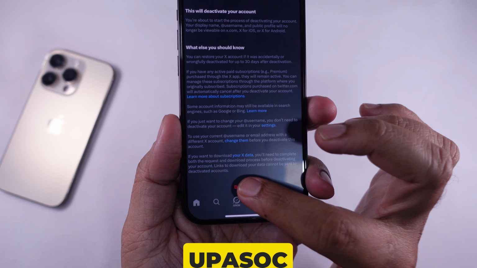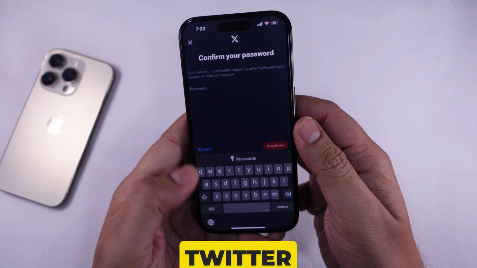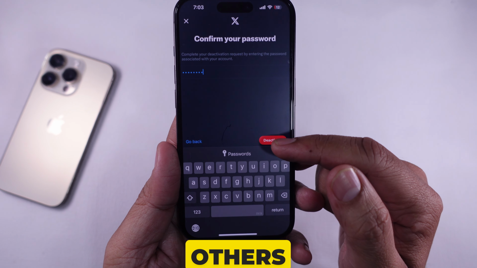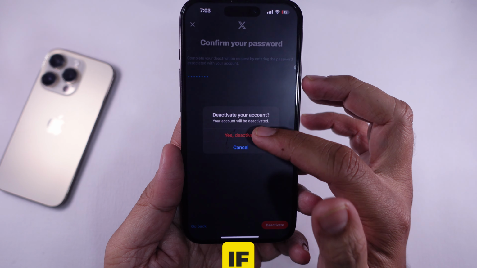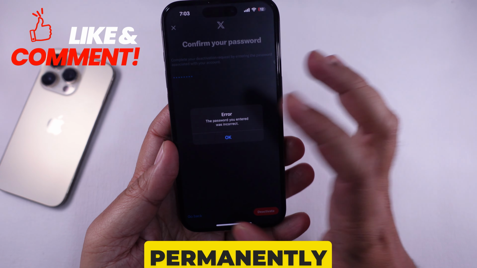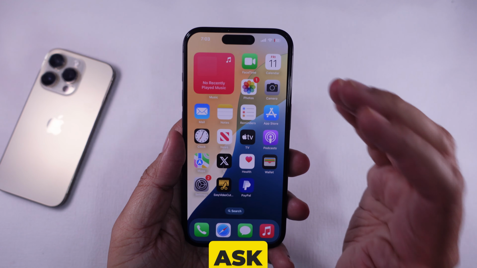Here, enter your Twitter password to terminate the process and successfully delete your Twitter account. Your account will then disappear from being seen by others and you get logged out. If you don't log in before the 30 days are over, your account will be removed permanently. If you try to log in again before the end of that period, it will ask you if you want to